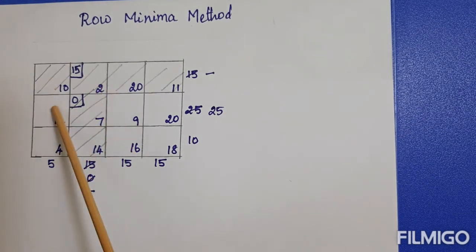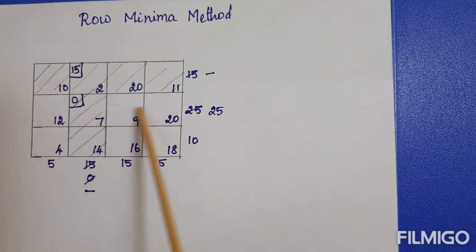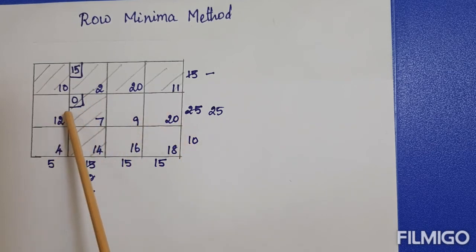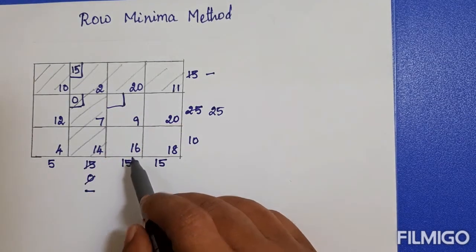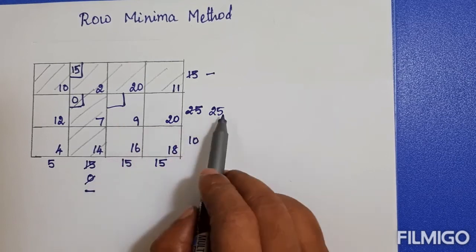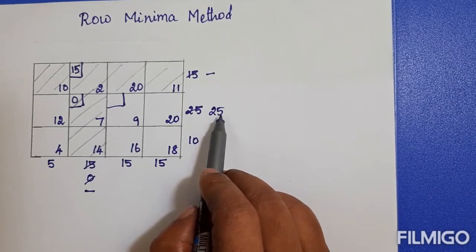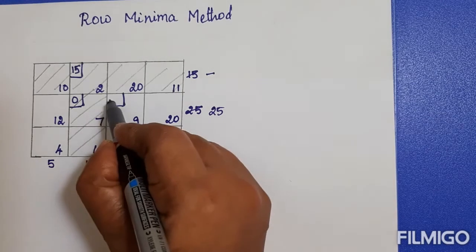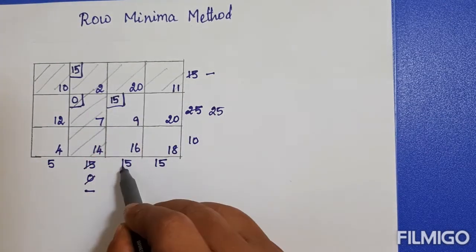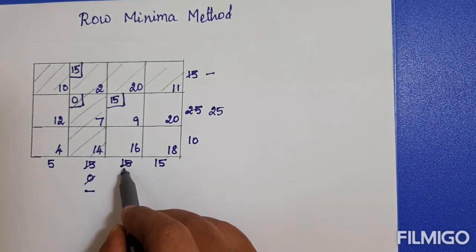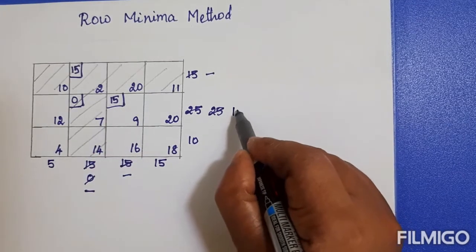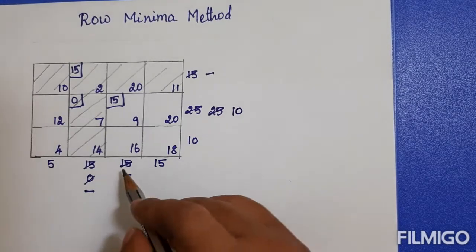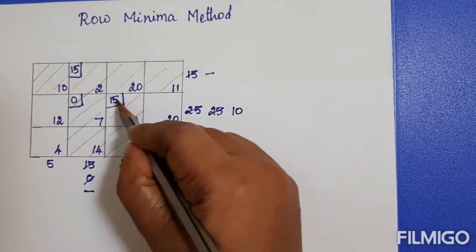Now there are 3 cells remaining in the second row. So I select the cell with minimum cost in the second row. This is the cell with minimum cost. Now I want to allocate here. As the cell has 25 units supply and 15 units demand, I put the minimum among these, 15. Crossed out this. 15 minus 15, that is exhausted. Crossed out this. 25 minus 15, that is 10. As this column is exhausted, I crossed out this column.